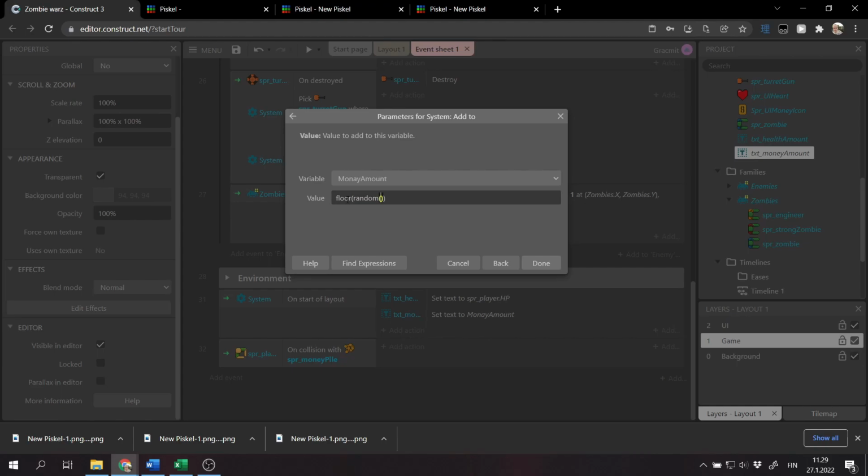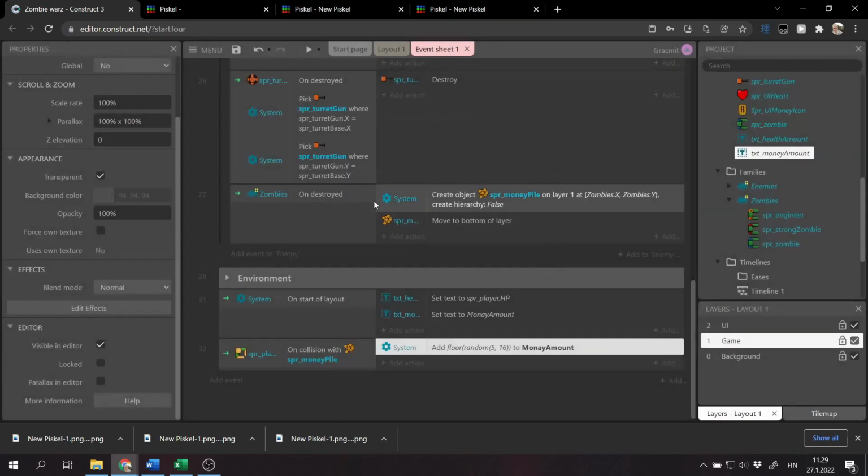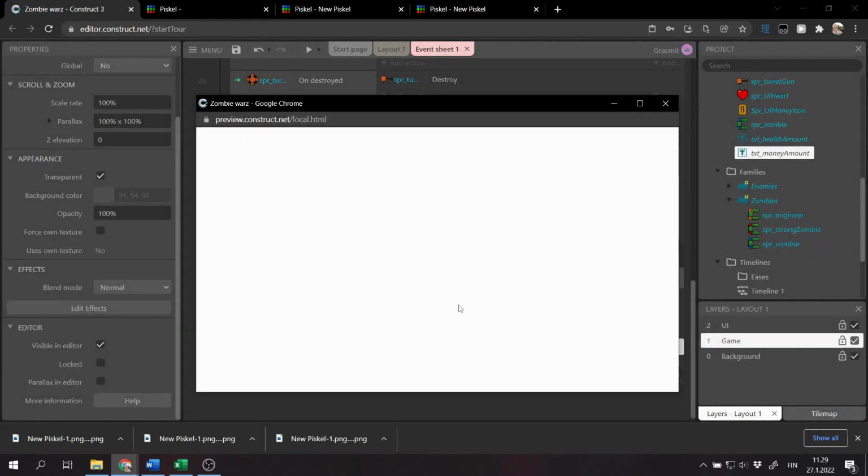Here the minimum value, let's say it's 5, and let's say max is 16. So it will choose an amount between 5 and actually 15, because I think 16, the max value, doesn't get included in the range that it will give, if I'm not wrong. Then we press done. And now if we play the game